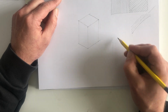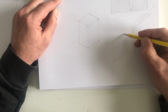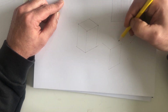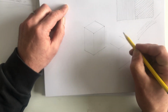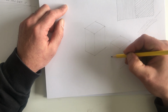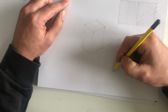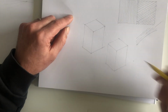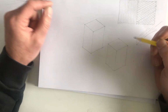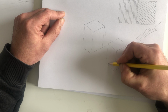This time we're going to increase the difficulty a little bit. So we're going to create an opening on this. So by that I mean it's not going to be a solid cube, there's going to be an opening on it. So it could become a sort of table, I suppose, might become a stool, that kind of thing. So I'm just going to create an opening here. So again, all I'm using is vertical lines and 30-degree lines. So I'm going to come straight up here,